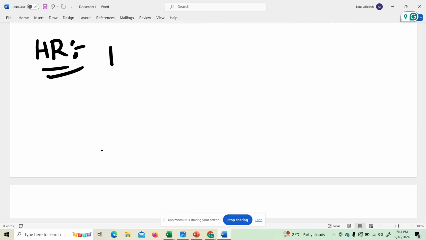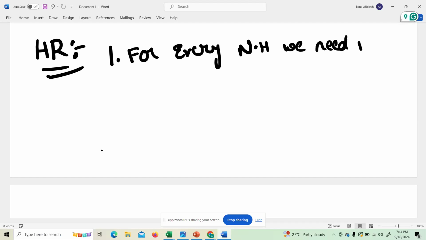The controls are nothing but, in normal terminology, guidelines. First control: for every new hire, we need to conduct BGV.